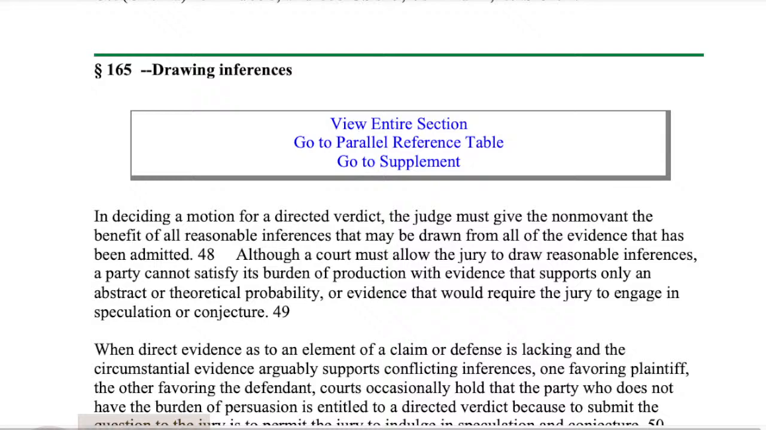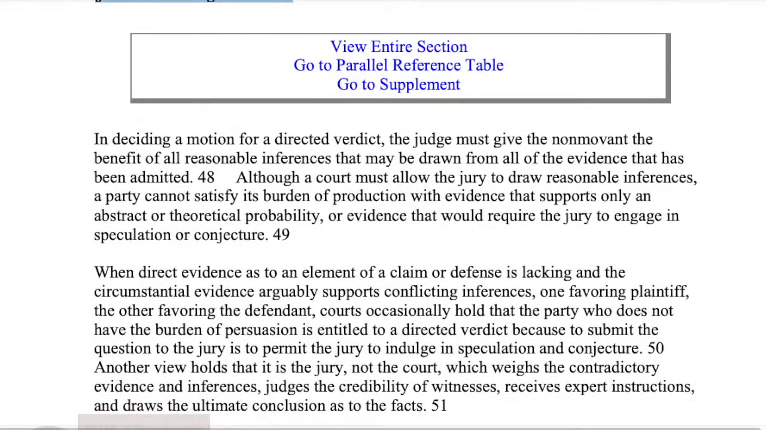Now in section 165, the drawing of inferences. In deciding a motion for directed verdict, the judge must give the non-movant the benefit of all reasonable inferences that may be drawn from all of the evidence that has been admitted. So the moving party brings the evidence, and the non-moving party essentially gets the benefit of the doubt that any reasonable inferences he draws from that evidence produced by the other party that's been admitted,